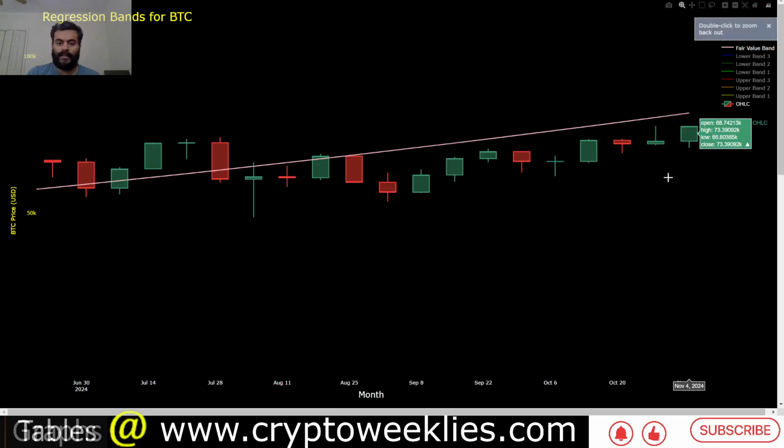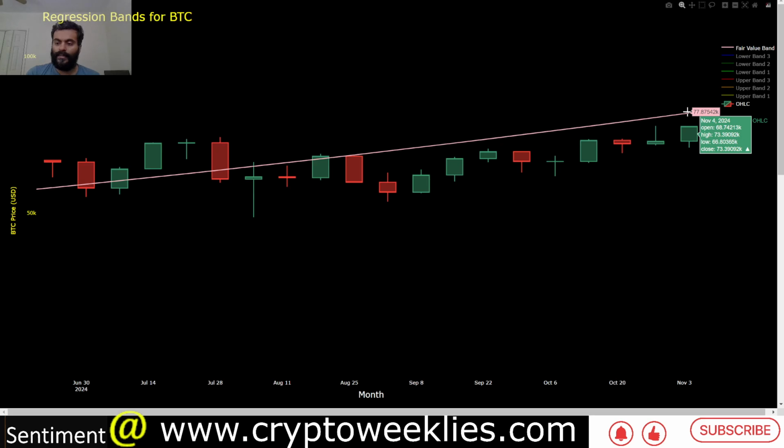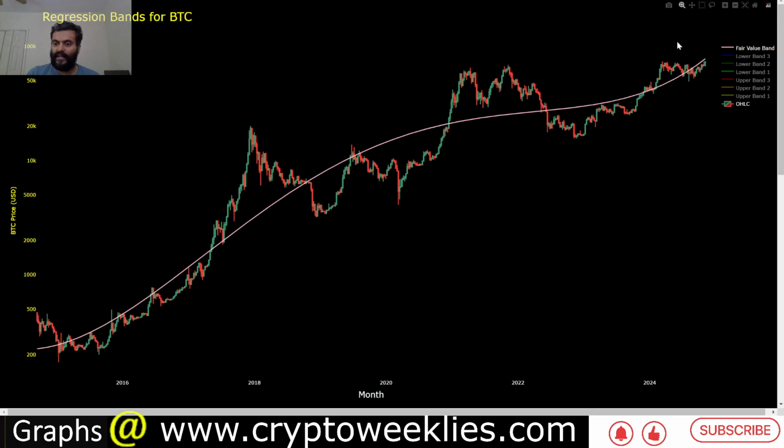Per this analysis, the prices over the last 20 weeks or so have been holding some resistance at this pink line, which is the fair value per the polynomial regression based model. This valuation is coming in at around $77,875. So a $77,875 Bitcoin would be considered a fairly valued Bitcoin per this model. That means the price at around 74k is about 3.5k short of the fair value, and the prices have had this relationship with this fair value for the last 20 weeks, where they are moving as the fair value is going up in this upward bias.